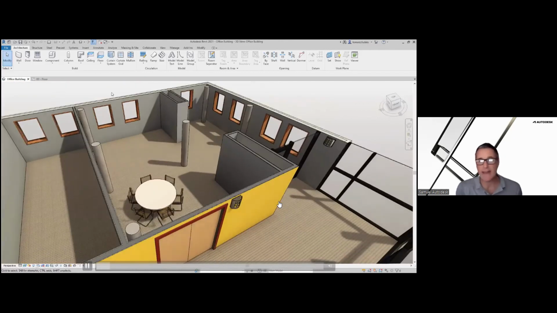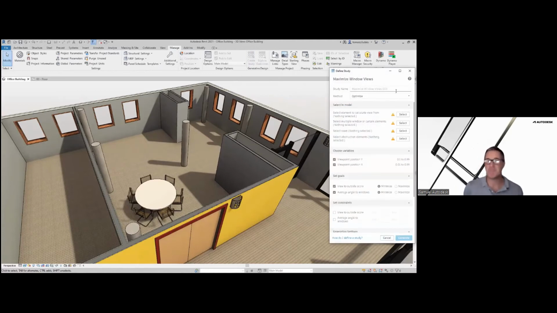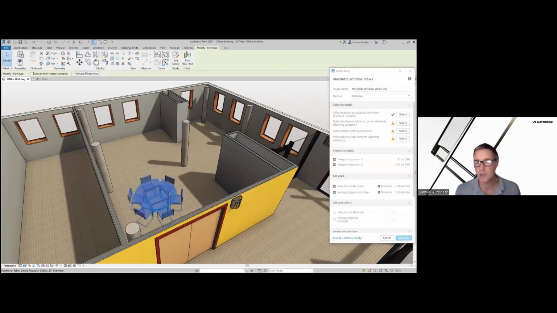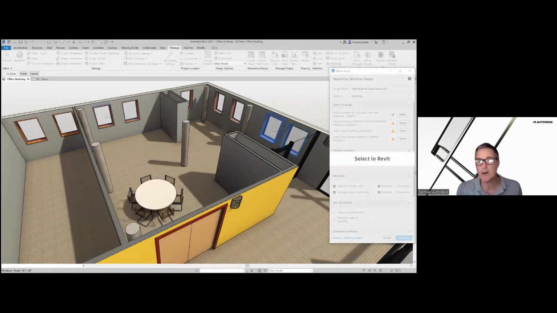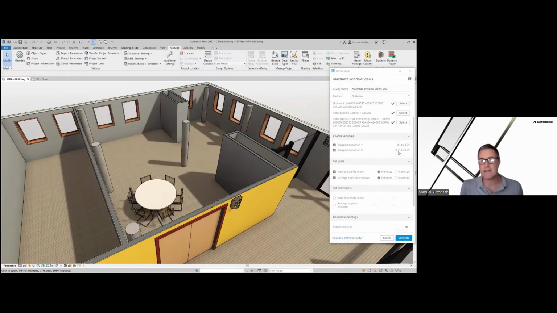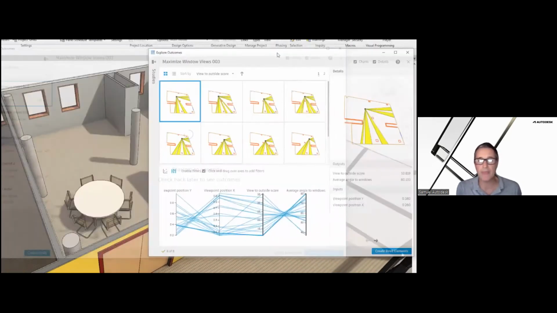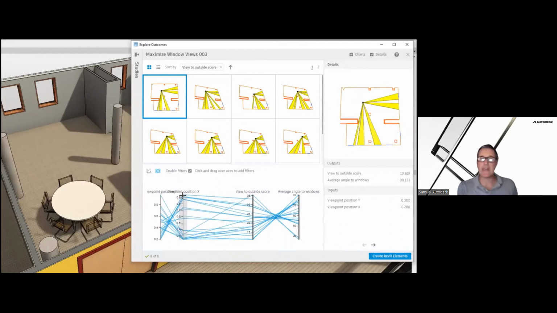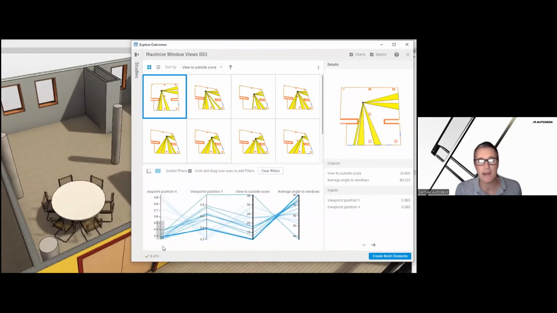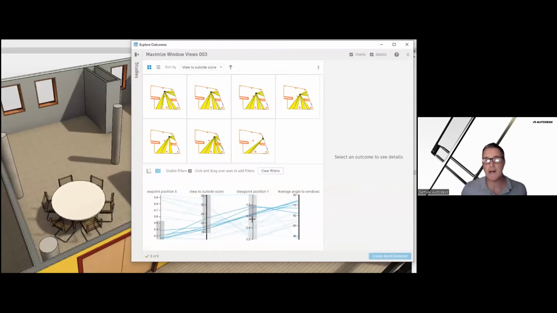This one looks at views to the outside. So we have a boardroom meeting table, we have some columns, we have some windows, we have some partitioning walls, and we want to look at if we're going to achieve those views. So we can select the elements that might be blocking the views. We can run the Generative Design tool, and what it's doing here is it's moving the desk, or the location of the object we chose to be the desk where we're going to be sitting, to see which ones are going to hit all the views.